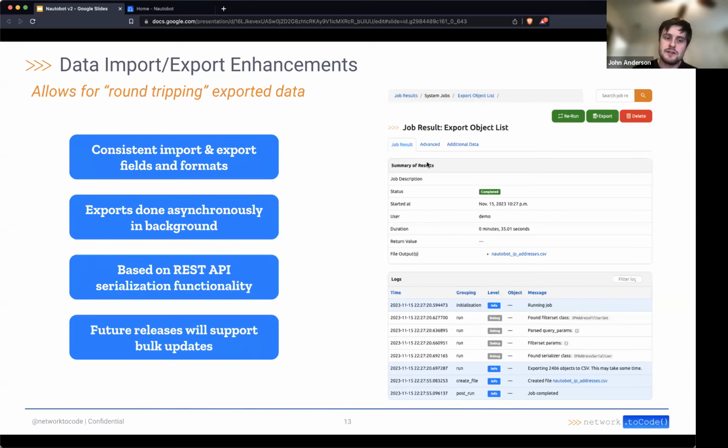In 2.0, we did a lot of work to make sure that when you do data import and export, the fields and the formats of those fields are kept consistent. So if you're doing a CSV export of some data and then you want to import that data to another Nautobot instance, maybe going from a lab to a production environment or vice versa, we make sure that the headers in those files and the format of the data are consistent between imports and exports. This isn't here today, but what this will allow us to do in the future is round tripping of that exported data